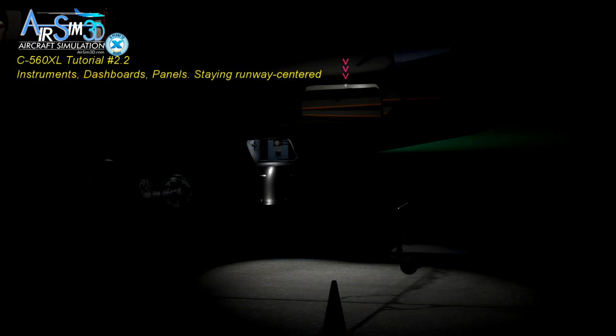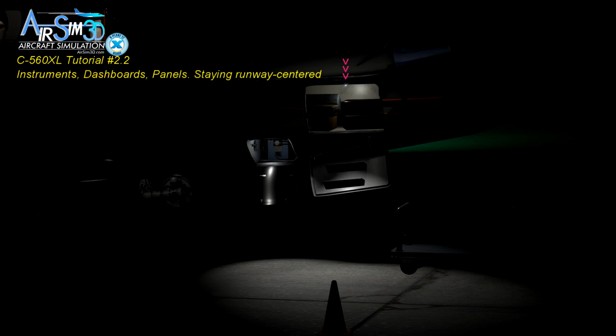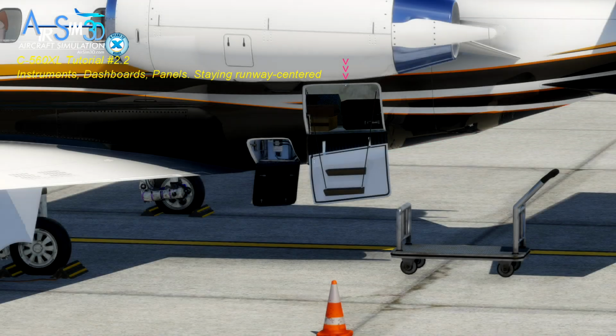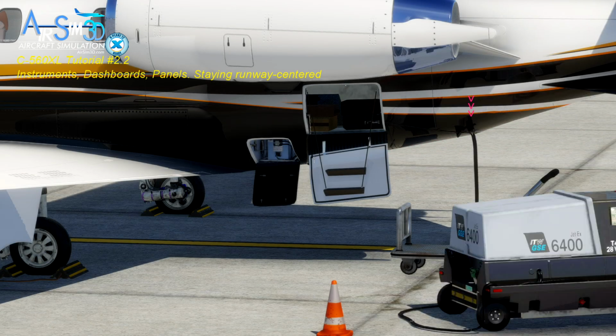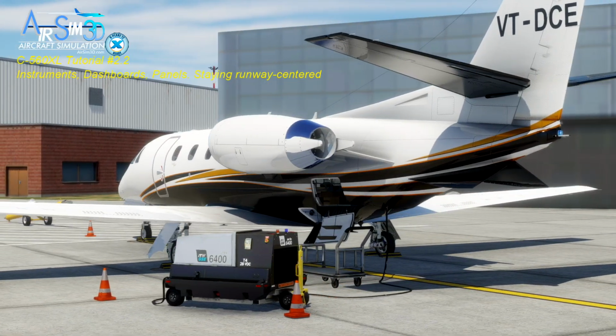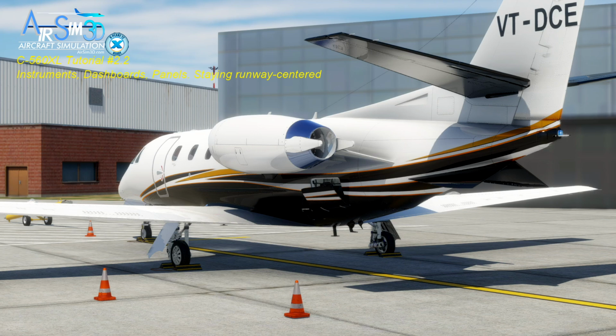Further aft is the main baggage compartment. Again, this one's fully functional and lighted too, and we demonstrate its functionality in the outside tour, so be sure to check that one out. And still further aft is the access panel for the ultra-realistic, fully functional, lighted and fully customized ground power unit, or the GPU. Now all three of these panels are demonstrated in previous tutorials or the outside and inside video